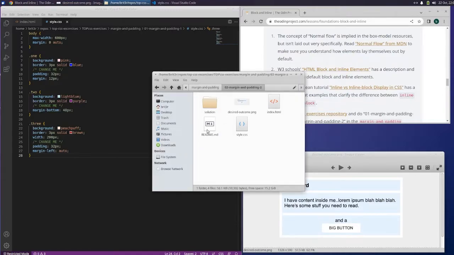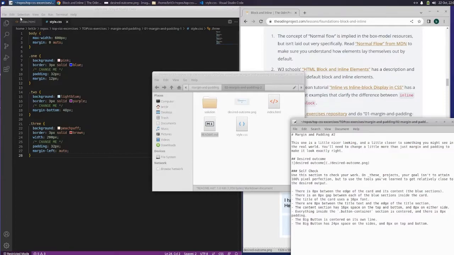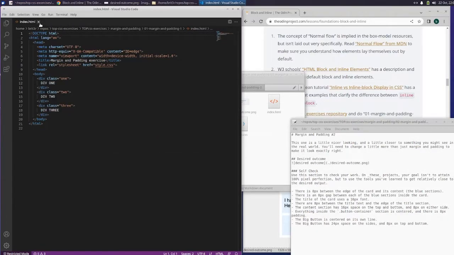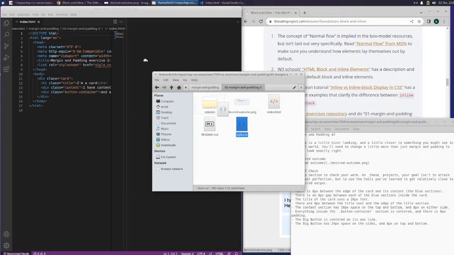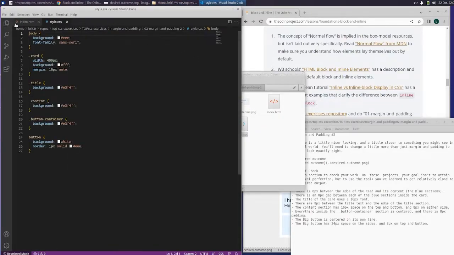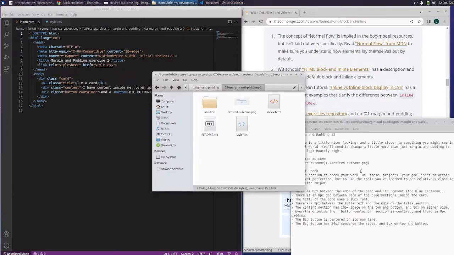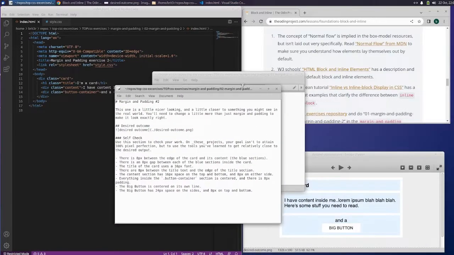Okay. Let's open up the README. We're going to go ahead and close this and this, and open this one. And this one. Okay,